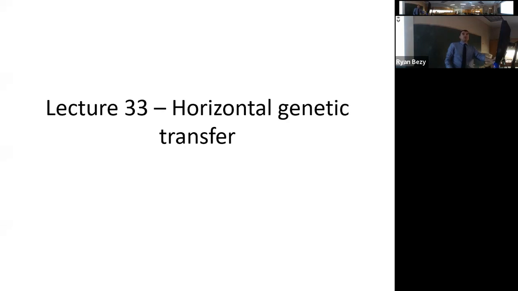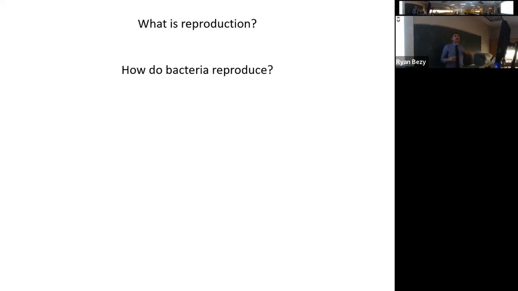First off, let's talk about horizontal genetic transfer. I have to differentiate it from other kinds of genetic transfer. If there's horizontal genetic transfer, what other kind of genetic transfer do you think there is? Vertical. So, first off, let's talk more about vertical gene transfer. Vertical gene transfer is reproduction. Reproduction is always involved when we talk about vertical gene transfer. What is reproduction? How do you define reproduction?